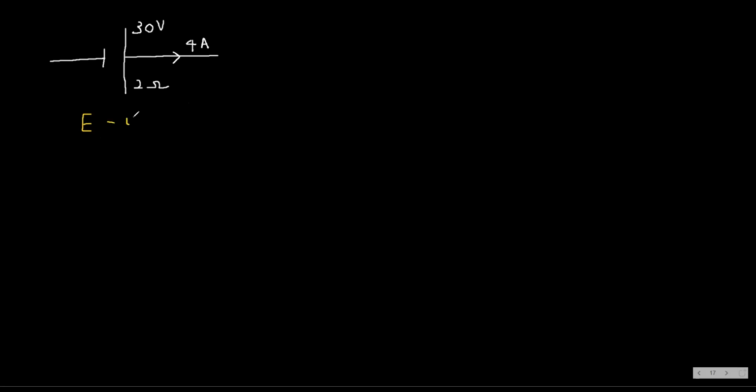So I am using E minus IR and calculating: 30 minus I is 4 and R is 2, 30 minus 4 into 2 is 8, and 22 volts. Is it clear or not? Okay. Then